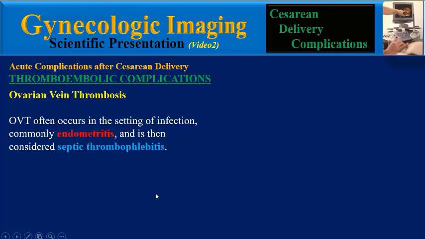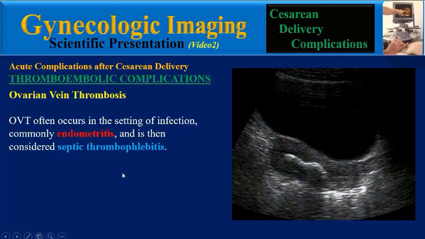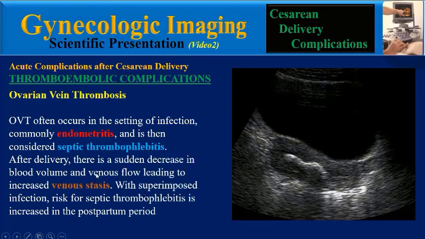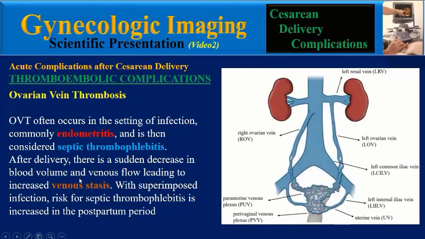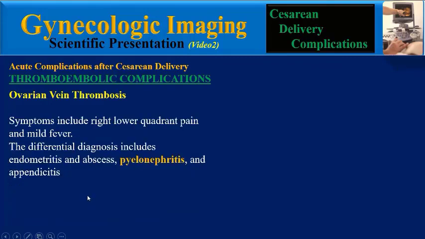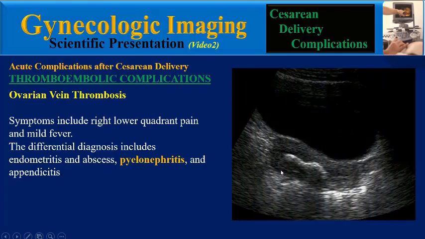It often occurs in the setting of infection, commonly endometritis, and is then considered septic thrombophlebitis. After delivery, there is a sudden decrease in blood volume and venous flow, leading to increased venous stasis. With superimposed infection, risk for septic thrombophlebitis is increased in the postpartum period. Symptoms include right lower quadrant pain and mild fever. The differential diagnosis includes endometritis and abscess,